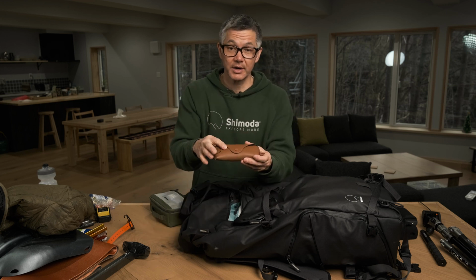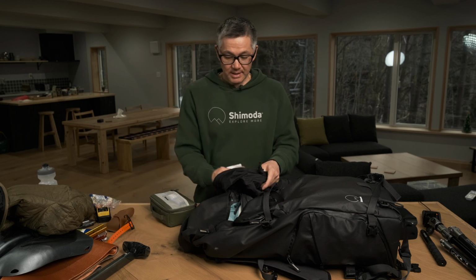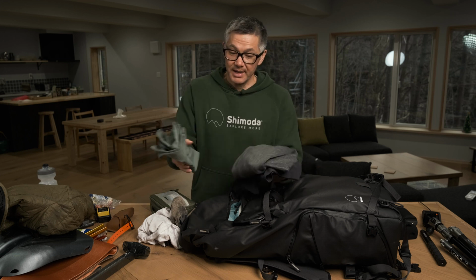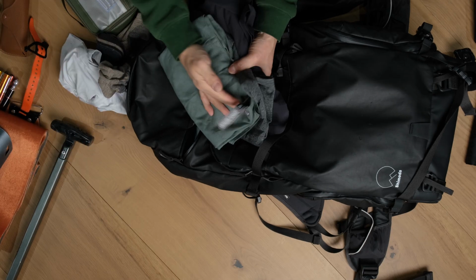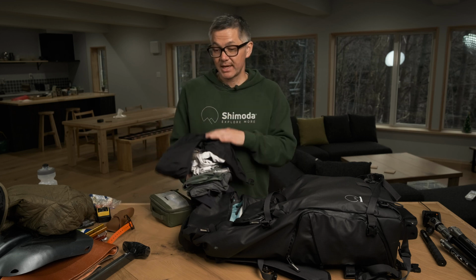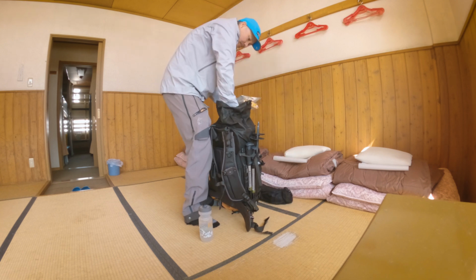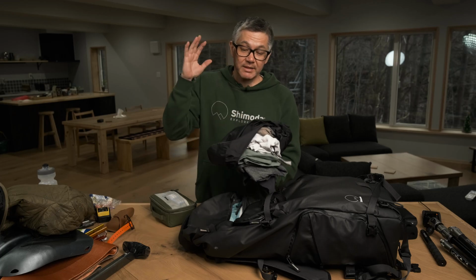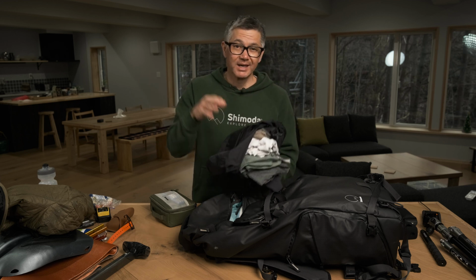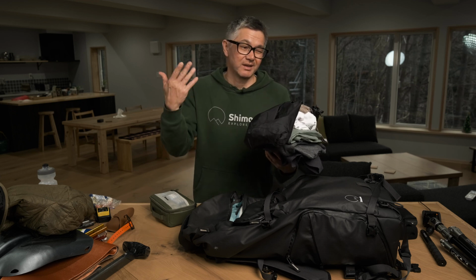You can see here I have a hard eyeglass case that is specifically for these glasses. Then I have things like socks, underwear, pants, shirt, and a towel just in case I need it. I have it all in this bag because when I get to the mountain hut, I wanted to be able to just pull this out, throw it down where I was sleeping, and then just head on my way, and this would be all nicely packed for when I got back. Didn't actually use any of this other than the glass case, so I think next time I probably won't even